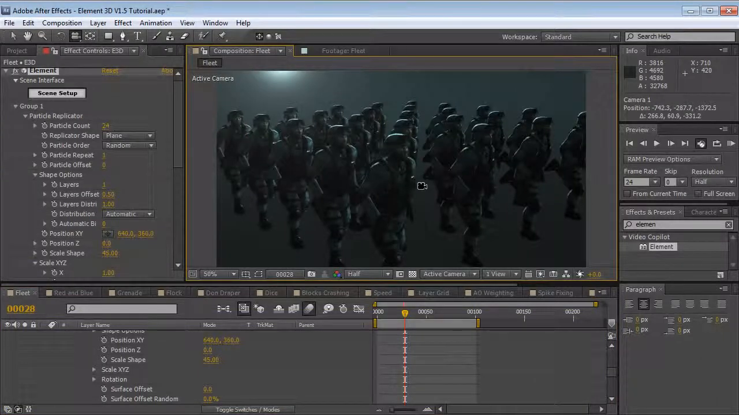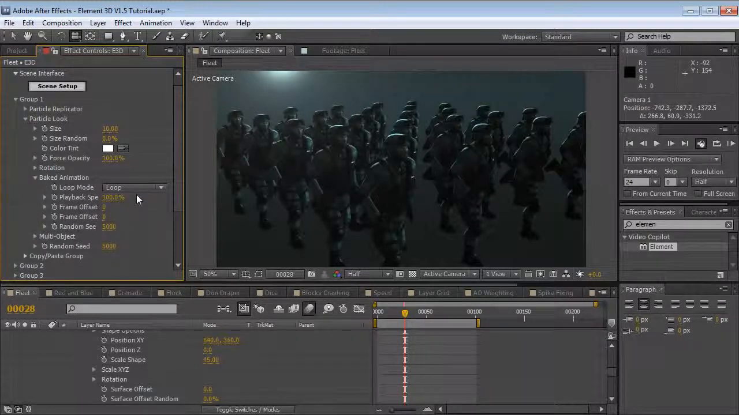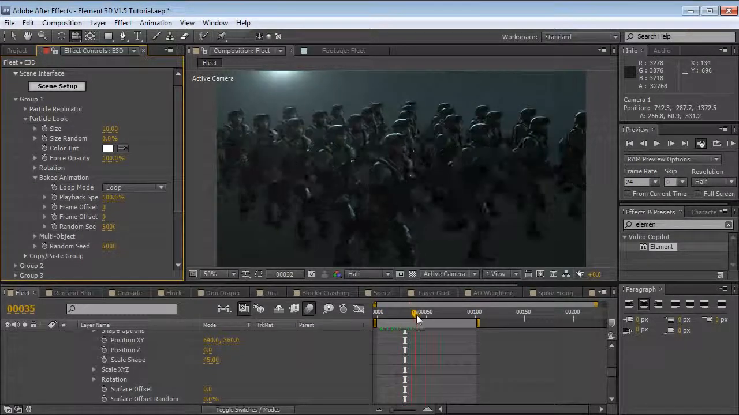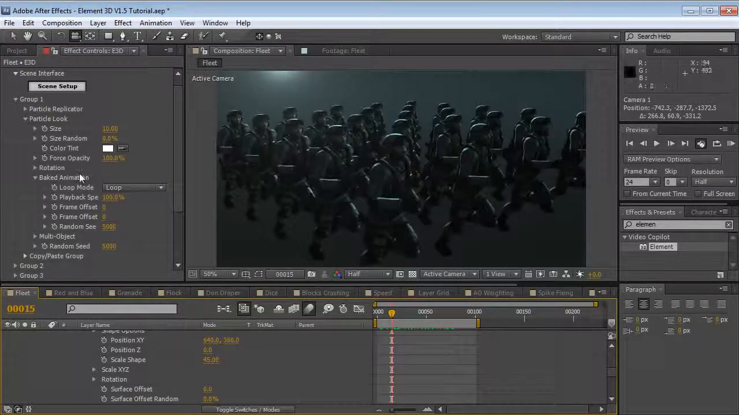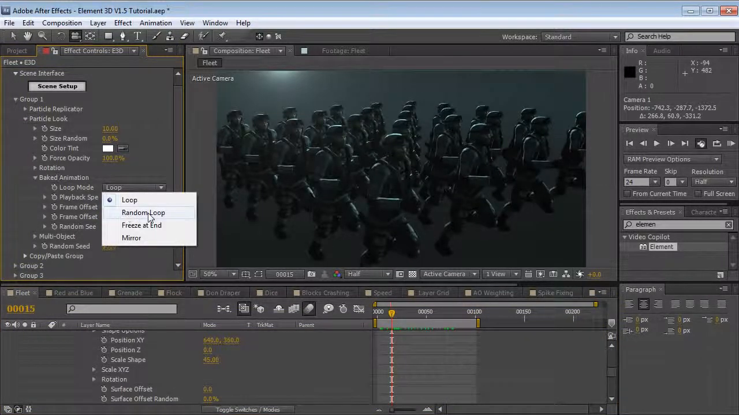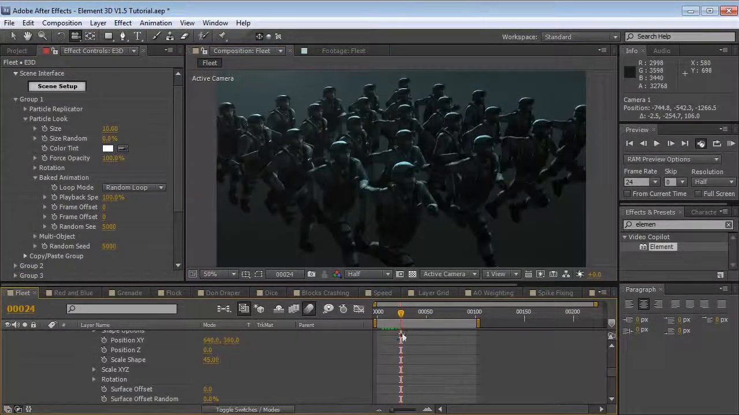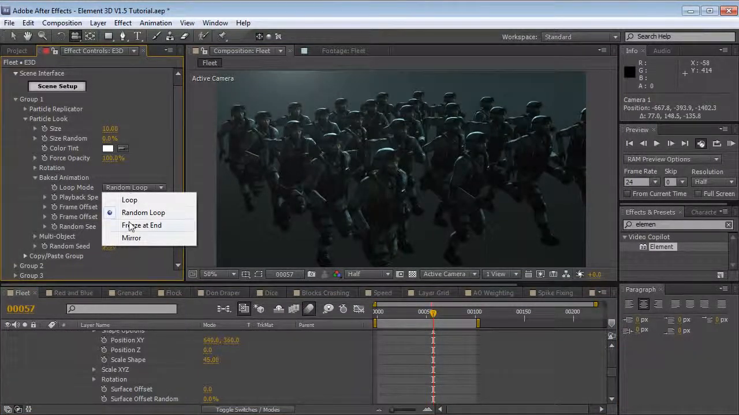But what about the ability to randomize that or control that? Well, we've built it in. So if you go to the particle look, we can go down to baked animation. And here we'll find some very powerful options. So first thing, we have a loop mode set to loop. So basically this animation is automatically going to loop over time, one OBJ per frame. So we can actually change that to random loop. So now every soldier will pick a different point in time and loop as well. So that's pretty cool. Or we could leave it at loop